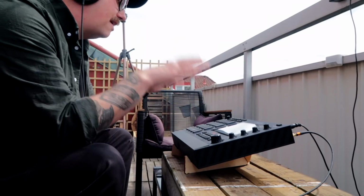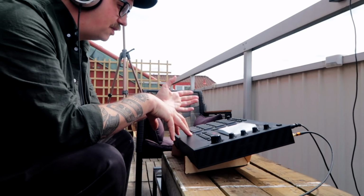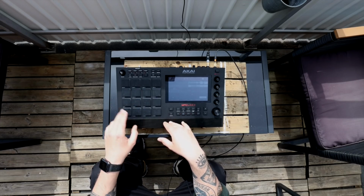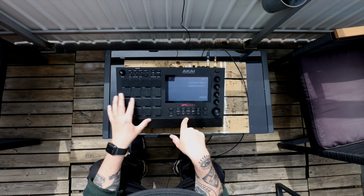You know, sometimes when I have a sample like this and I've chopped it up in a way that I can kind of play it however I want to, it's kind of hard to decide which pattern to go with. But I think I like that for a start and that one for an ending. So it becomes...